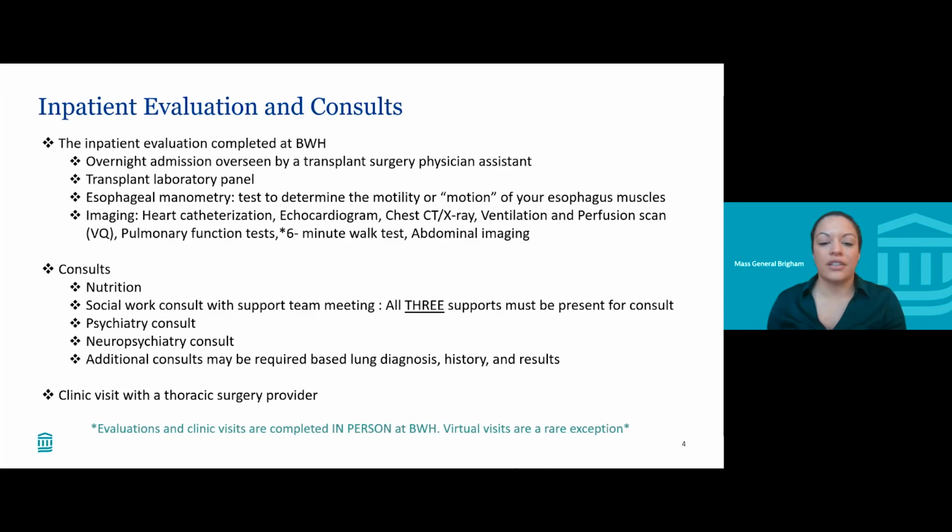You will have a series of lab panel testing for transplant, which includes things like electrolytes, blood counts, and also a series of infectious disease labs, which are done in order to determine if you have been exposed to any infectious diseases that may lie dormant within your system, or infectious diseases that may need to be treated prior to